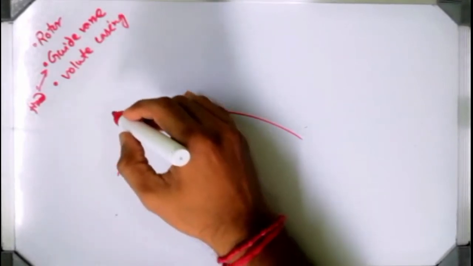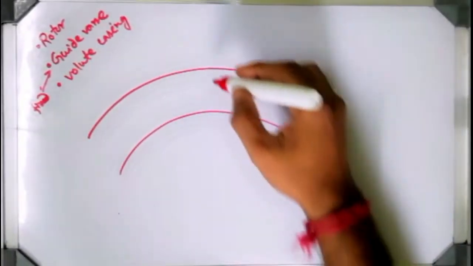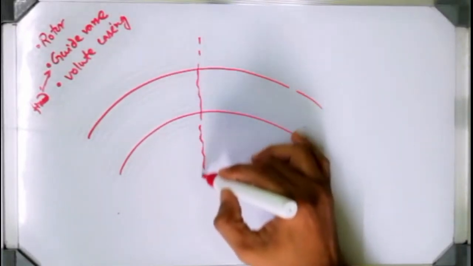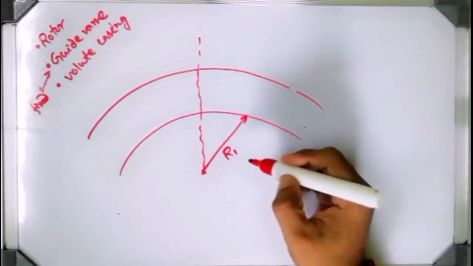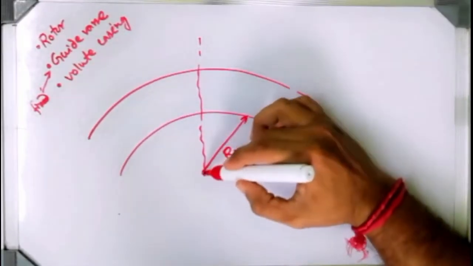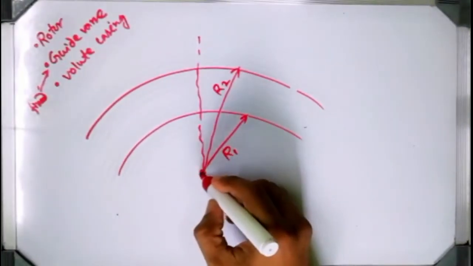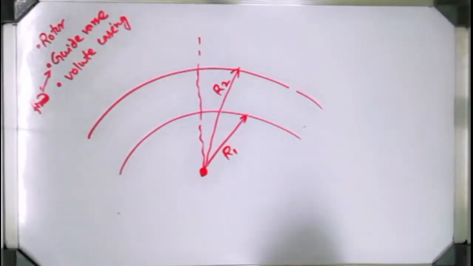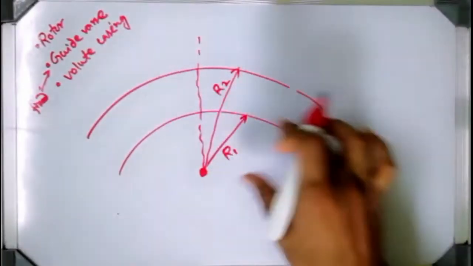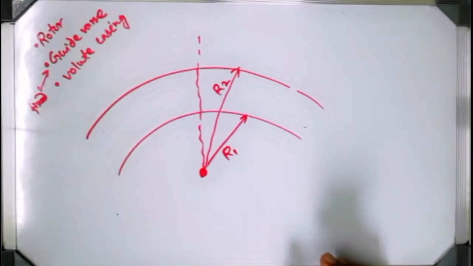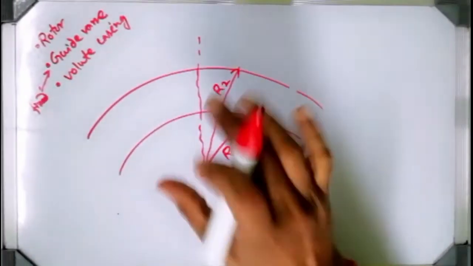velocity diagram. Okay, suppose consider this one. This one is the smaller radius and this one is the bigger radius. Which radius am I talking about? This is the eye or center of the pump rotor. So that is the impeller radius I am talking about. Okay, so that is the impeller cross section I am taking.